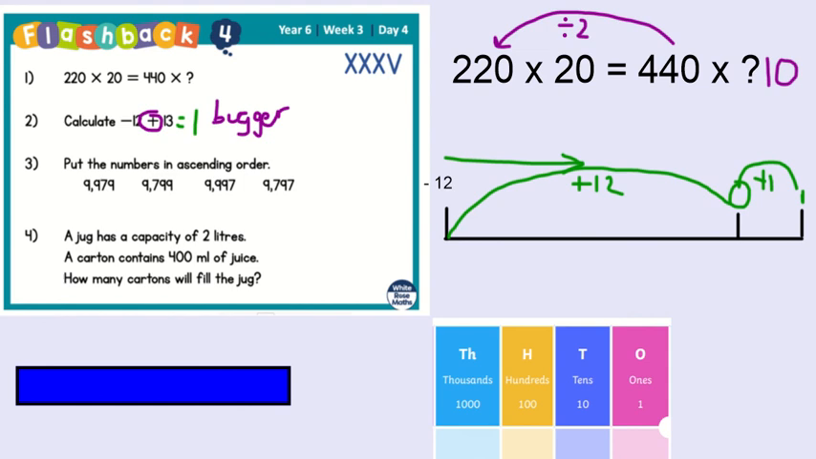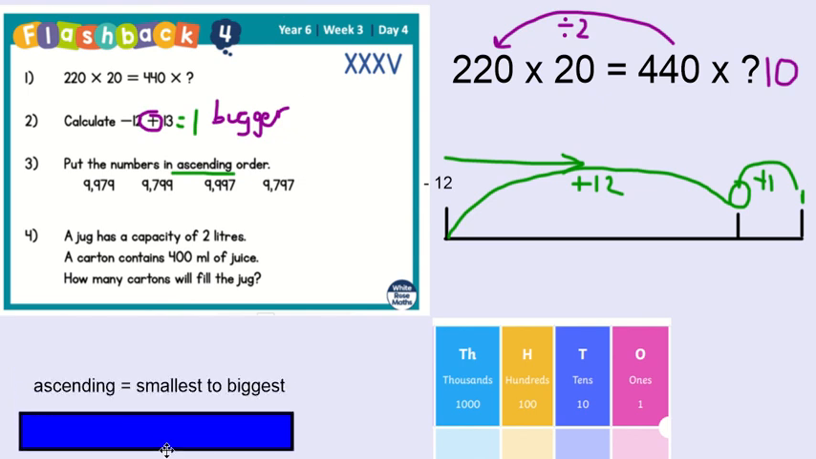Okay, let's have a look then at question 3. It says, put the numbers in ascending order. Now, I wonder who has remembered that ascending means smallest to biggest. Okay, let's have a look at the numbers then. We've got 9,979, 9,799, 9,997,